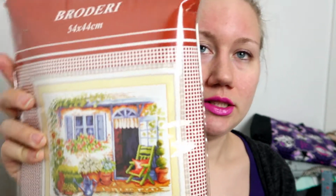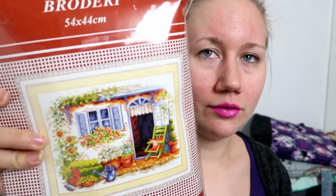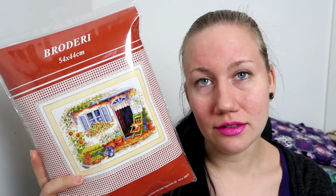So I have just finished the first 500 stitches project. I chose this one first. I call it house wall. In Swedish it is husvägg. I have named everything that doesn't have a real name in Swedish because it's much easier for me. But this is a kit that I bought in a dollar store many years ago for $5, something like that. It is on 14 count, and you stitch 3 over, like you stitch with 3 threads, and it's a pain,